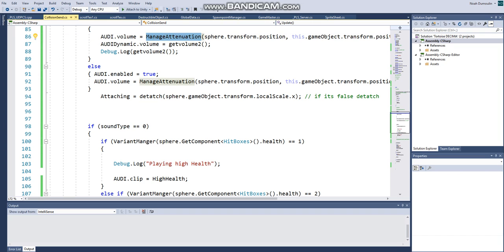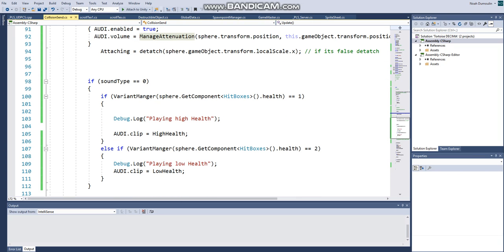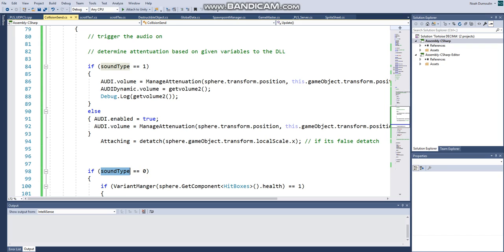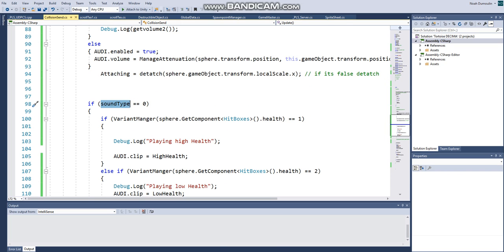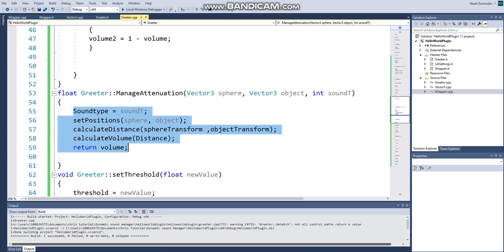Manage attenuation is a big DLL thing, but first I'm just going to go through sound type. Sound type is either going to be a 1 or a 2 value. We can add more values, but this is the way that we're going to be managing how different sounds will be working. So our general sound manager is a little bit different than the events that would take place within a dynamic manager. If we go into the C++ code,